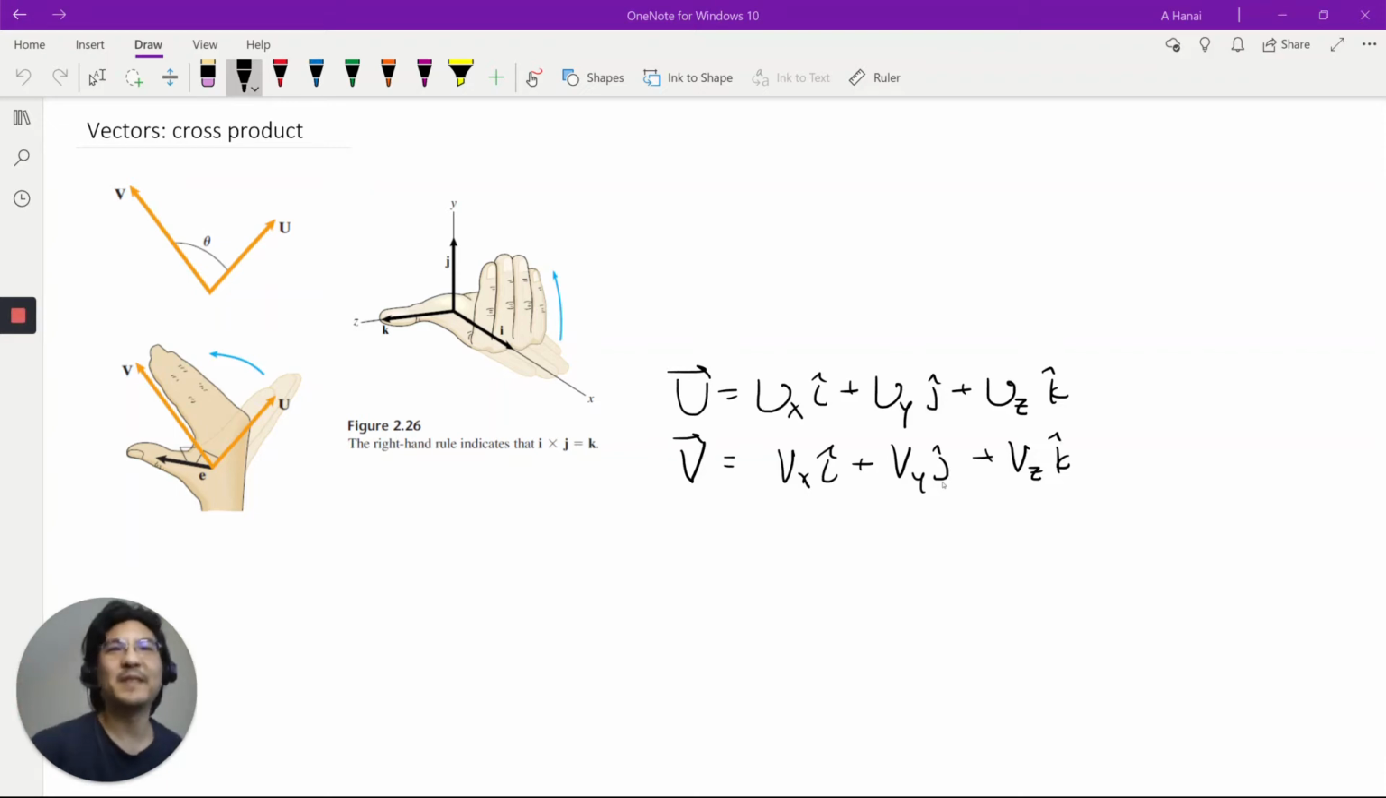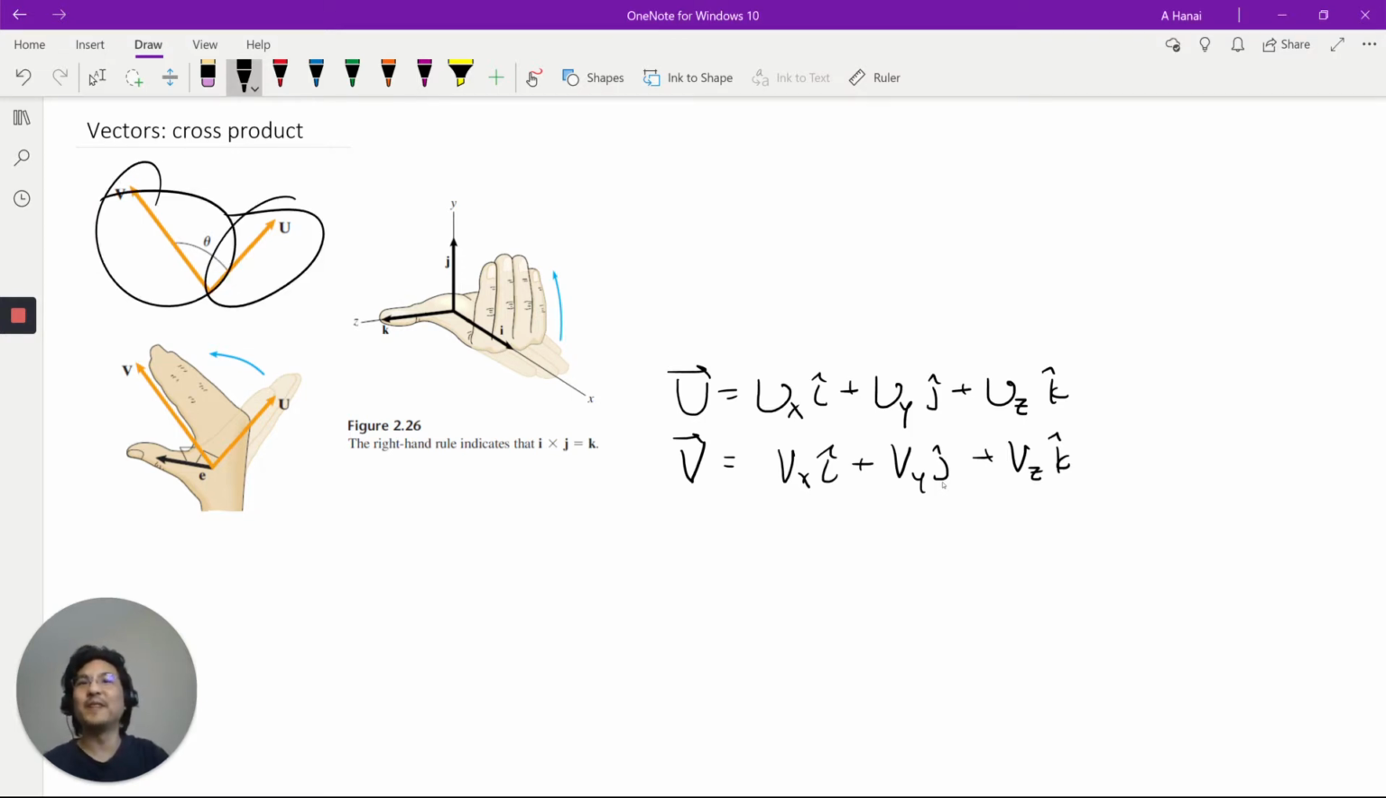Okay, so in this video we're going to review the cross product. So let's say you have these two vectors in space, u and v. And let's say you already know the magnitude of u, you already know the magnitude of v, and you know the angle between them. So one way to do the cross product is